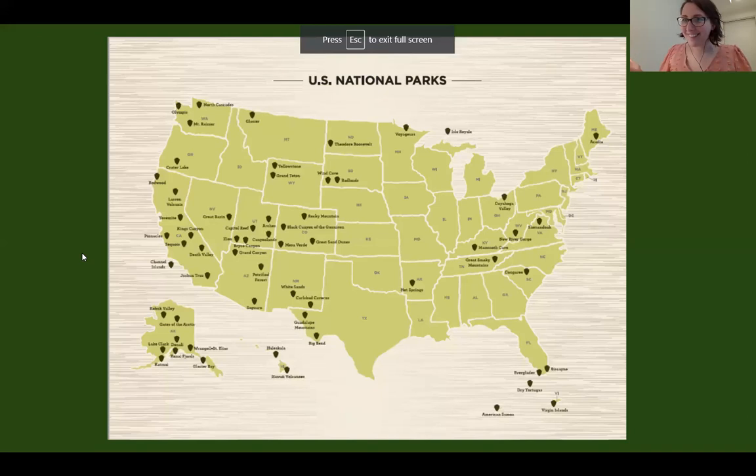Now, let's pull up our stuff. I'm so excited. Okay, if you remember the first week, we started in Crater Lake National Park. Oh, don't forget, you can grab your national park map that you got in your very first kit if you want to follow along on our little trip to the different parks that we're going to study and talk about. You can mark them off, you can draw a line connecting them. I'll show you the journey we've done so far. We started at Crater Lake here in Oregon, and then we went to Yellowstone,